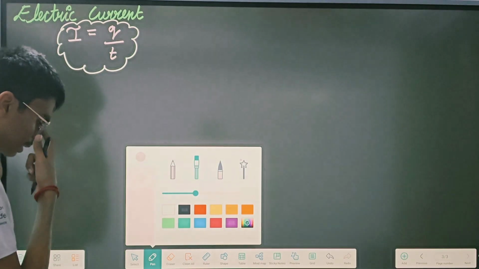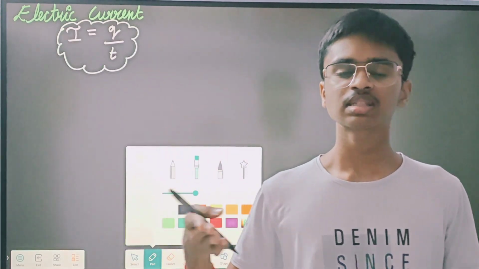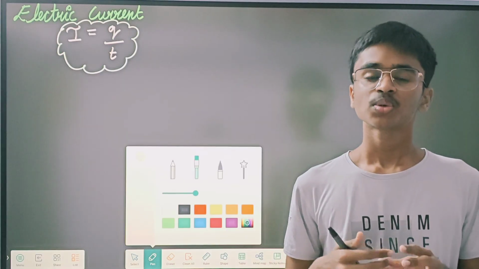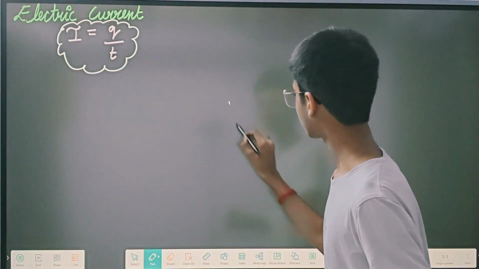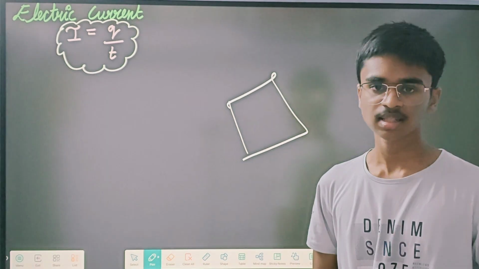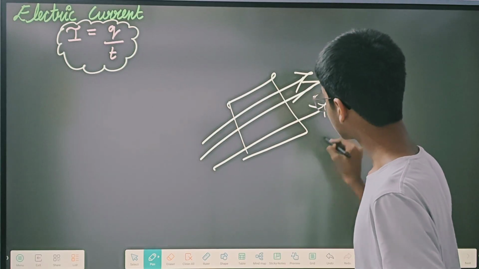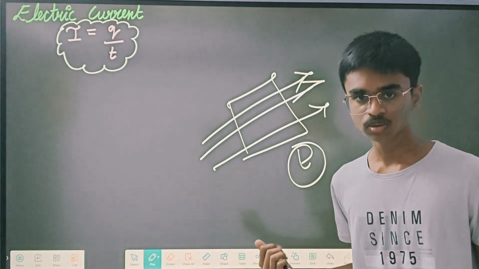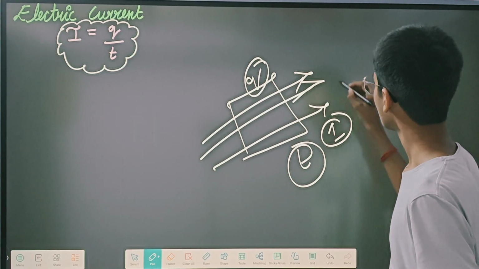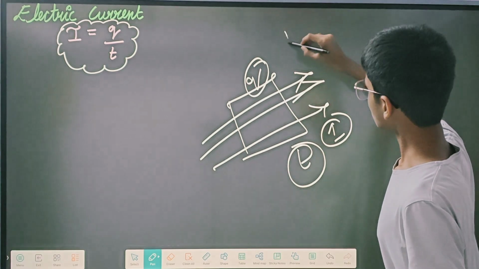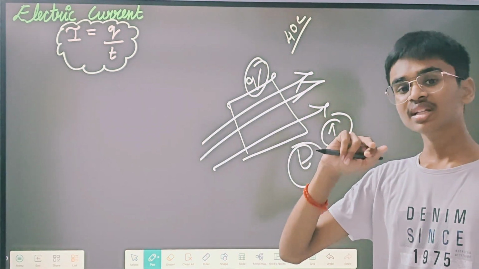Then the next thing is, if charge is varying with time t, if time is just moving on, and also charge is varying with time t. That means, for an example, they have given you a conductor, and charges are flowing in this conductor. That means here, with respect to time, the charges are varying. For an example, in the first second, if there are totally about 40 coulomb,